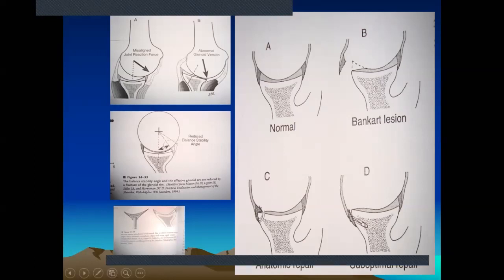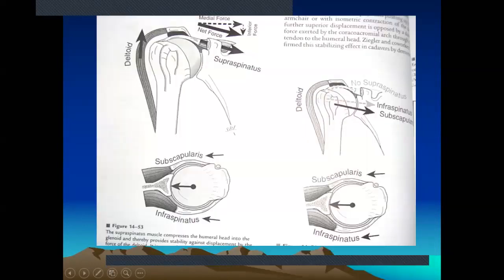And most important, you should know the glenoid version. You see the glenoid is retroverted. This is abnormal glenoid version, which can cause the dislocation. And here, even if the labrum is not all right, it can affect the version. So there are many factors in glenohumeral dislocation. As I told, the subscapularis and infraspinatus make a couple anteriorly and posteriorly. Even if this couple is not complete, it can cause a problem. The supraspinatus and the deltoid cause a medial force, which helps the humerus to hold in front.